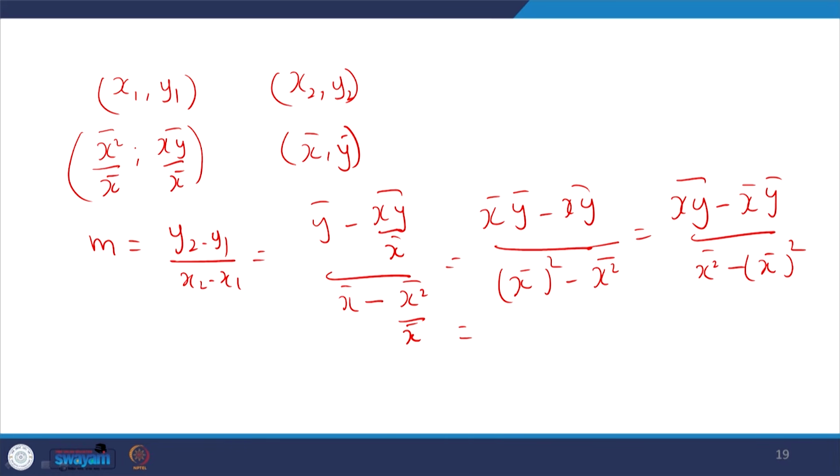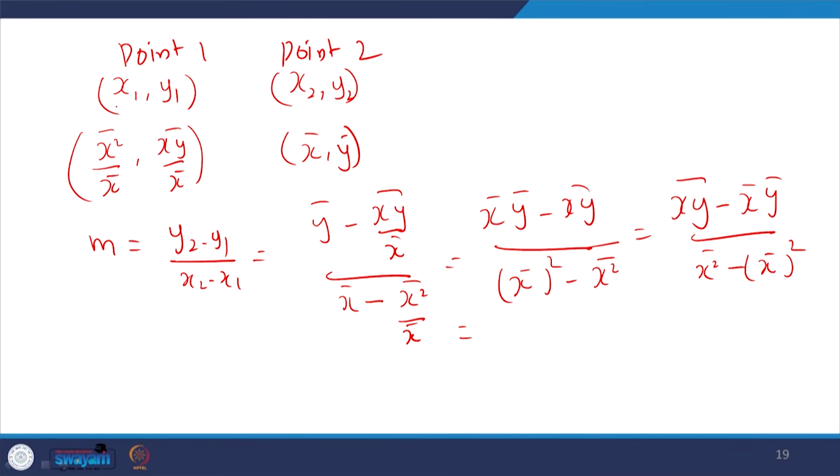Suppose, traditionally we might have studied in schooling, say point 1 is x1 comma y1. So point 2 is x2 comma y2. Okay. So the x1 point is x square bar by x bar, y1 point is xy bar divided by x bar. So x2 point is x bar, y2 point is y bar. We know the slope formula, y2 minus y1 divided by x2 minus x1. Here the y2 is y bar minus y1 is xy bar divided by x bar, divided by x2 is x bar minus,